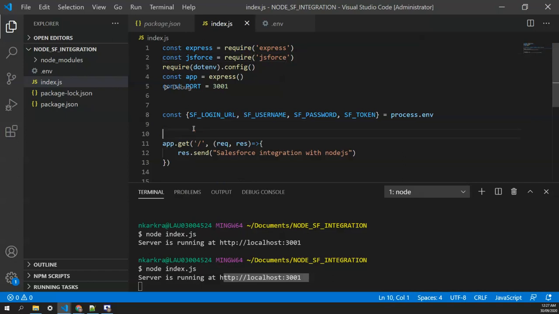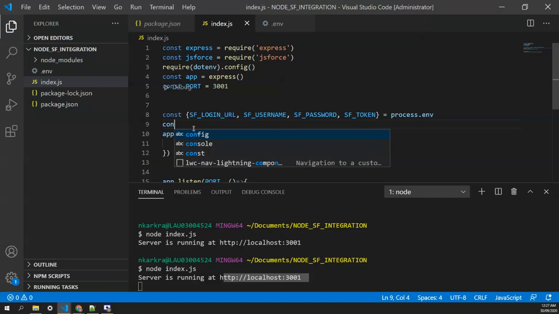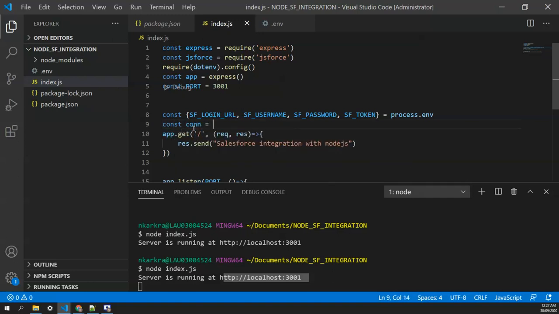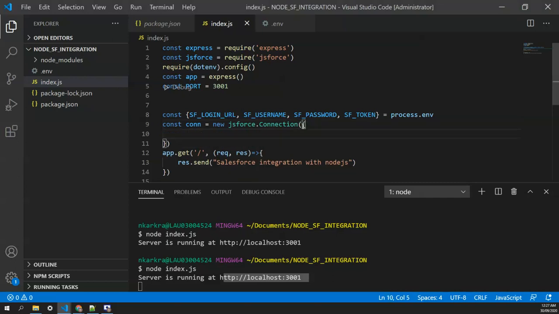And first we're going to create the instance. So I'll say const connection equal to new JSForce.Connection, and in this connection we are saying initiate a connection, and the login URL for that connection should be the URL that we are storing in our env file, that is the Salesforce login URL, and we are creating an instance of it.